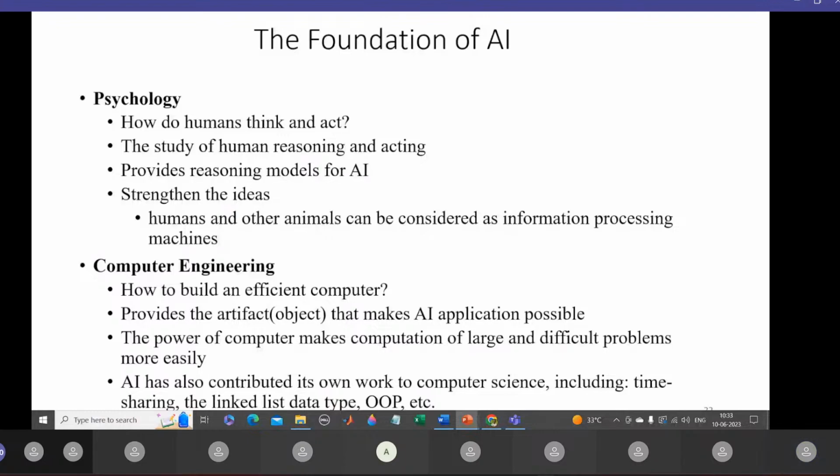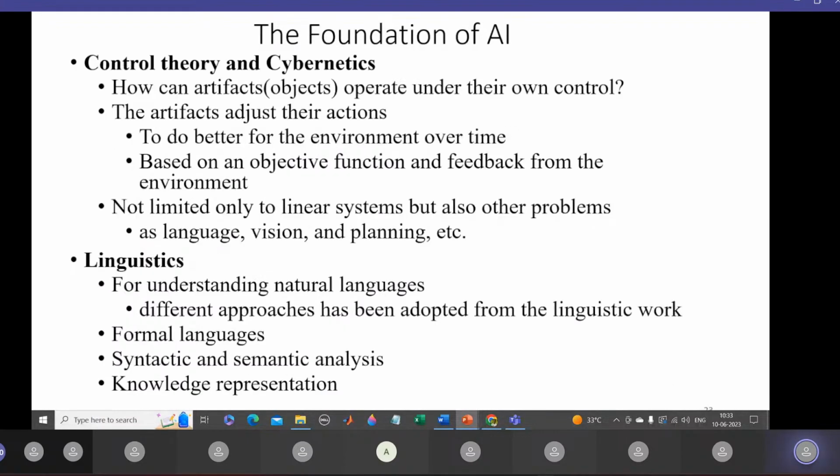Implemented there. And then the foundation of AI here, this control theory and cybernetics. How the objects operate under the control, and you have the artifacts, they will adjust their actions to do better for the environment over time, based on your objective function and feedback from the environment. And it is not only limited to your linear system, but also to all other problems like language, vision, planning,